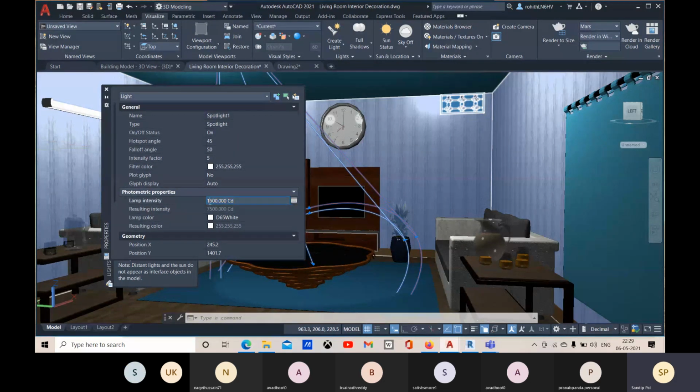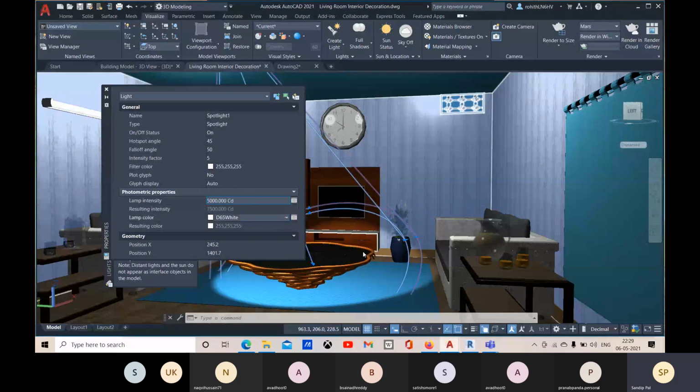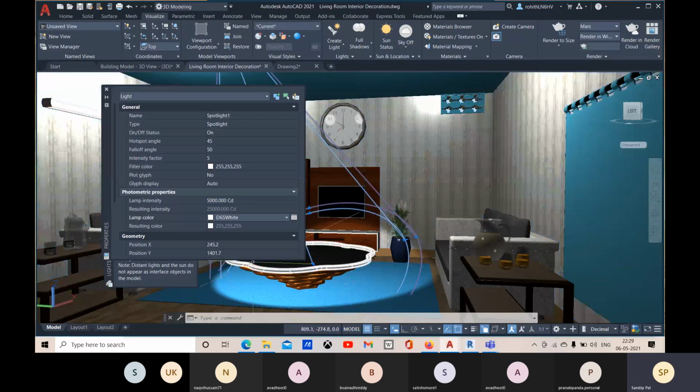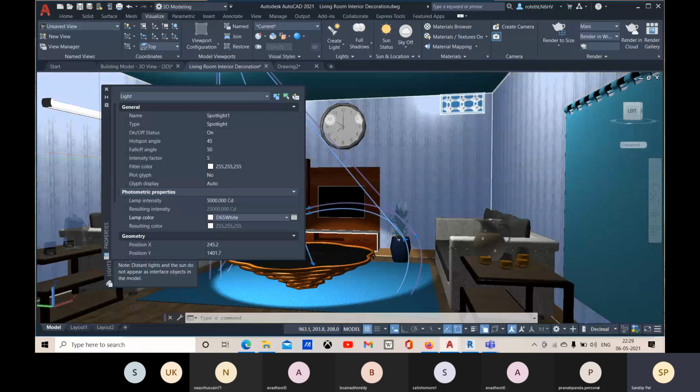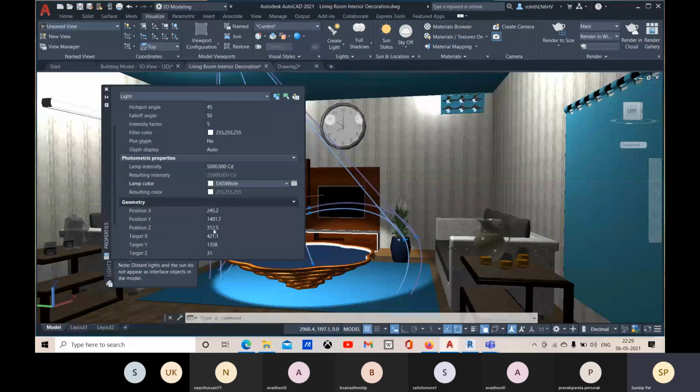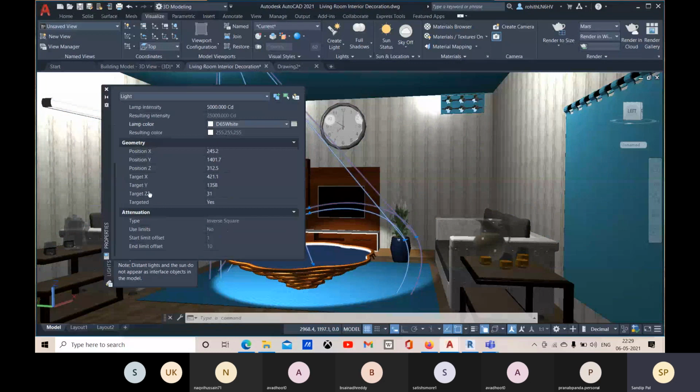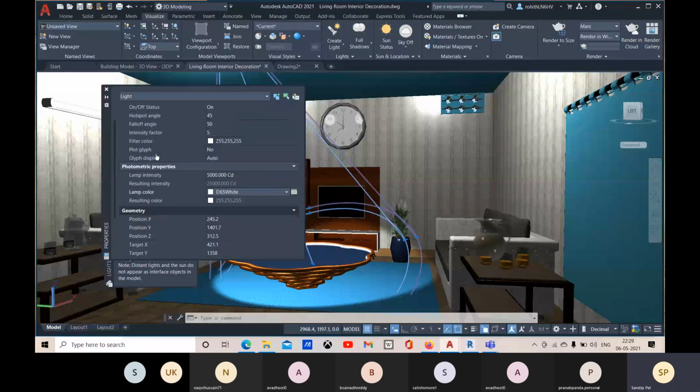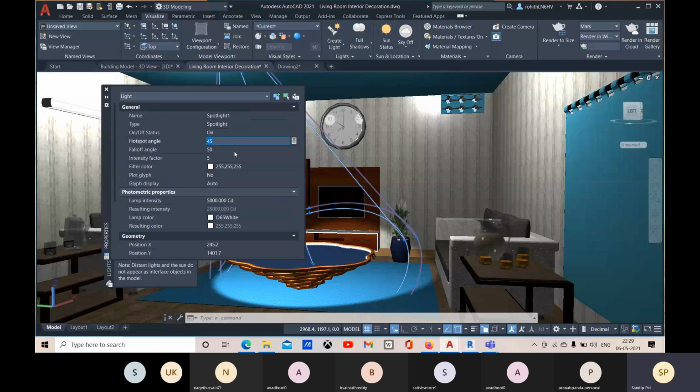This is the intensity, and you can apply one factor with it also. Let me change this. It is changed right now, and there you can see the light is bigger and you have the most intensity at the center. And you can change the falloff area as well. So here you can change this hotspot angle and falloff angle.